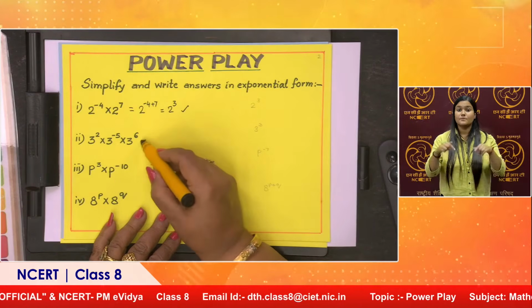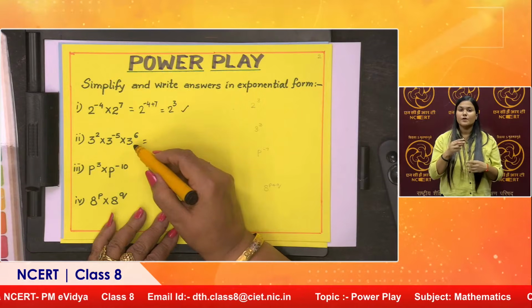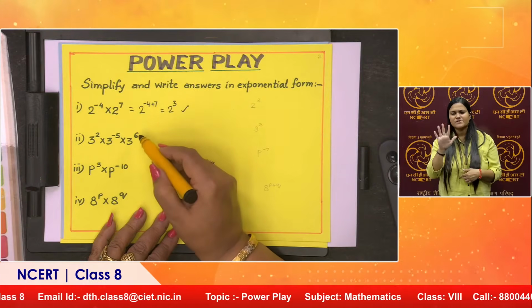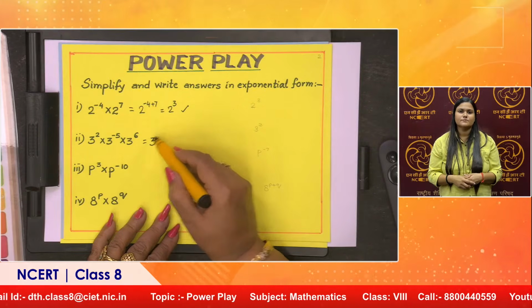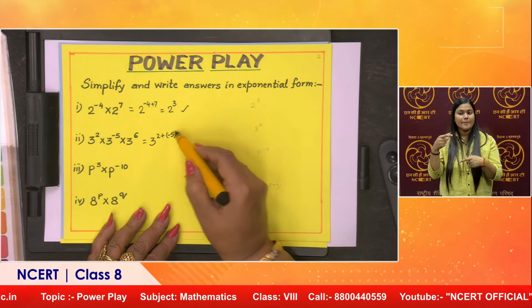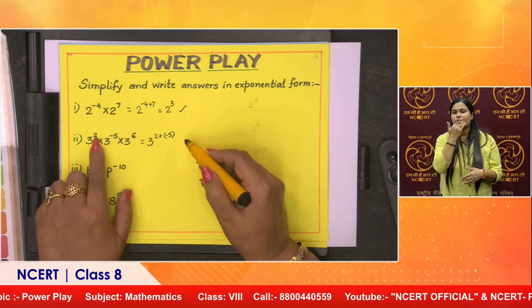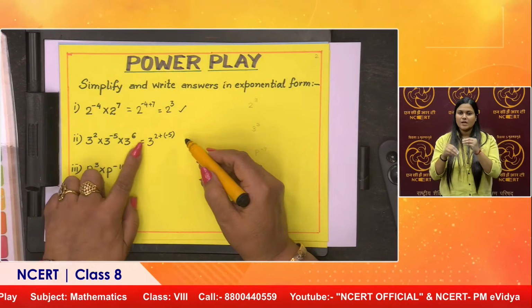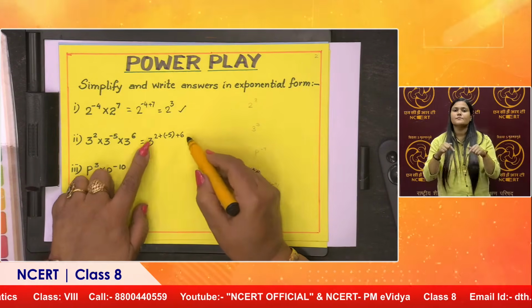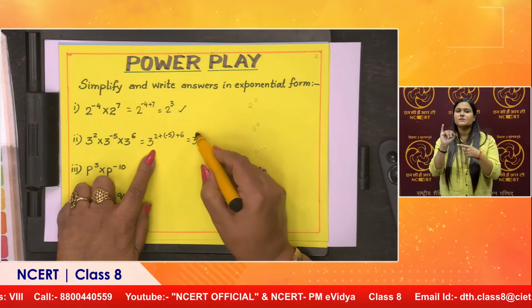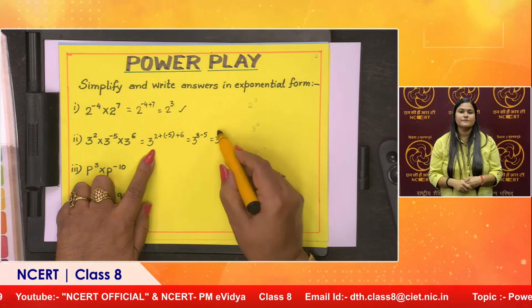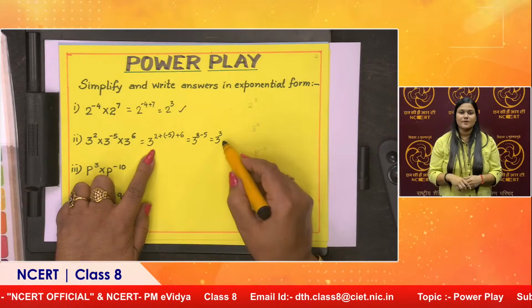Now in this, when we have more than 2 bases, here we are having 3: 3 to the power 2 into 3 to the power minus 5 into 3 to the power 6. So children, we can write this as 2 plus, here, minus 5. You see, children usually make a mistake here. We are going to add powers. We should write it in brackets. Plus, I should write 6. Now we have, what is 2 plus 6? 8. Very good. 8 minus 5, what is 8 minus 5? It's 3. Good. So 3 to the power 3 is the answer.